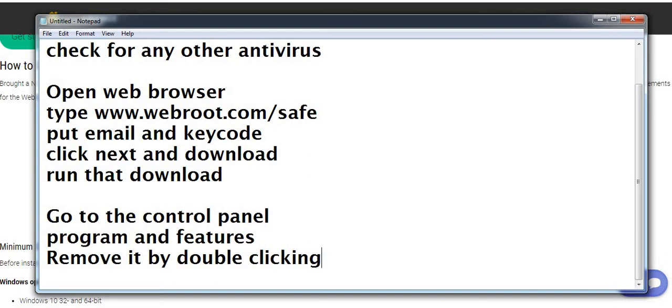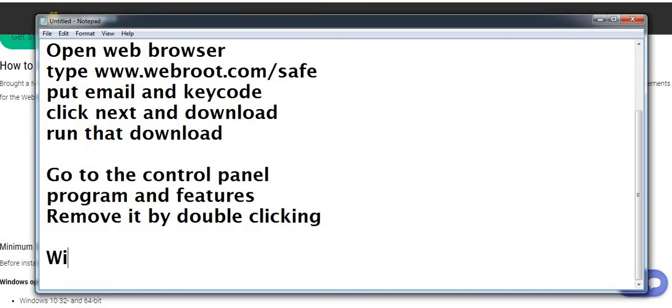One more thing I want to let you know. If you have a new computer with Windows 10 in S mode, you need to check in the Microsoft Store. If Webroot is available in the Microsoft Store, then you can download it there, but currently I believe it is not available in the Microsoft Store.